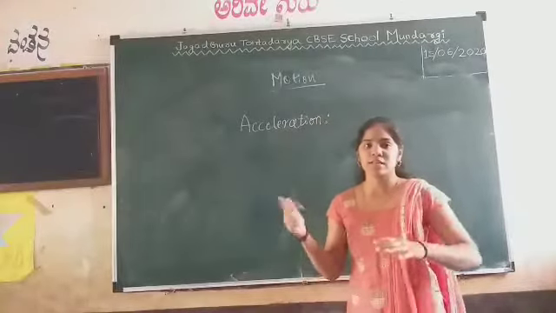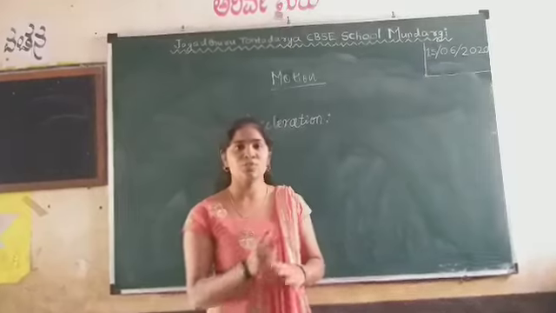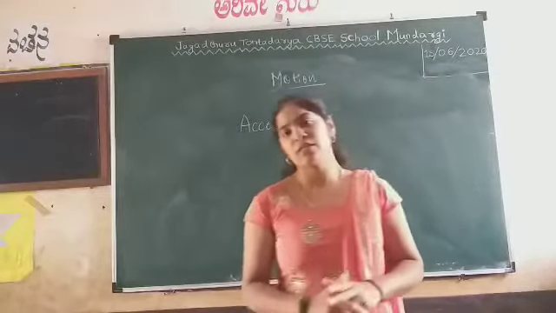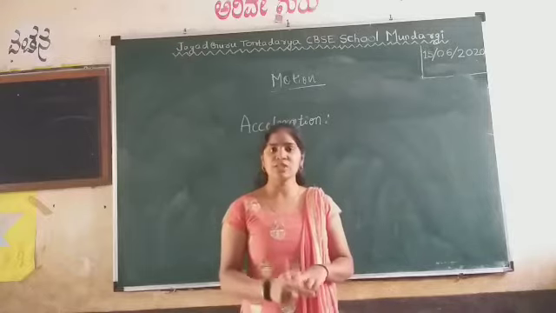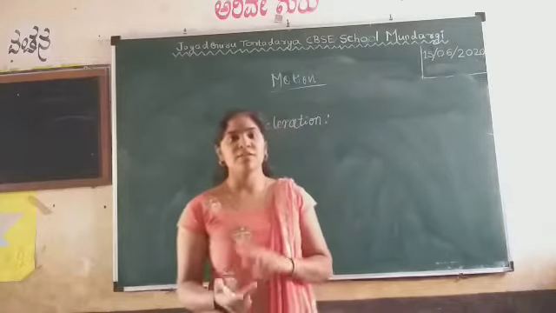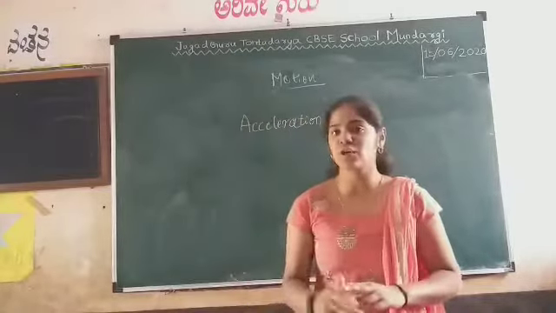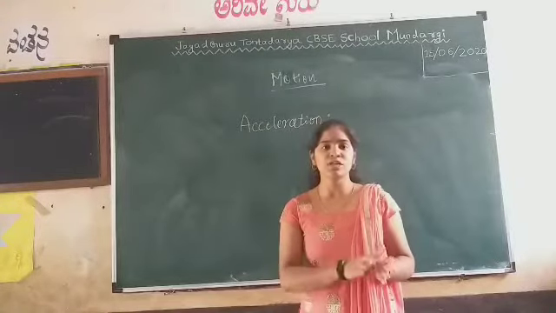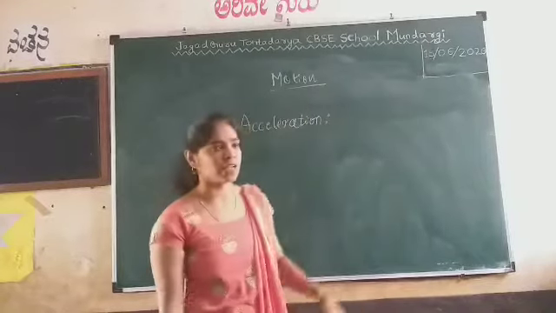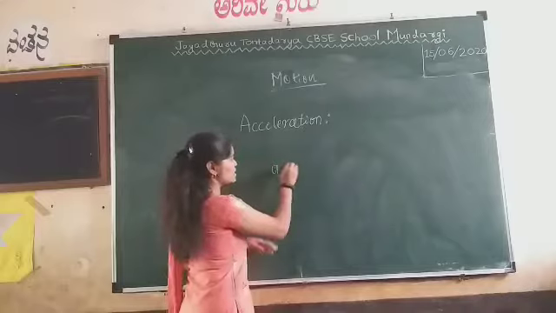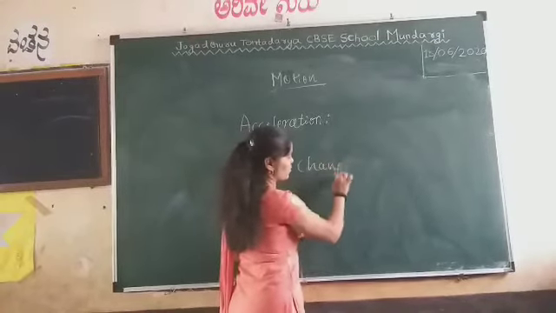This acceleration is related to the non-uniform motion of an object. When the object is moving with a uniform velocity, there is no change in velocity over the time interval, it remains the same. When there is a change, then we have an acceleration. That is nothing but the rate of change of velocity, or the velocity changes with respect to a time interval, that is called acceleration, which is represented as a.